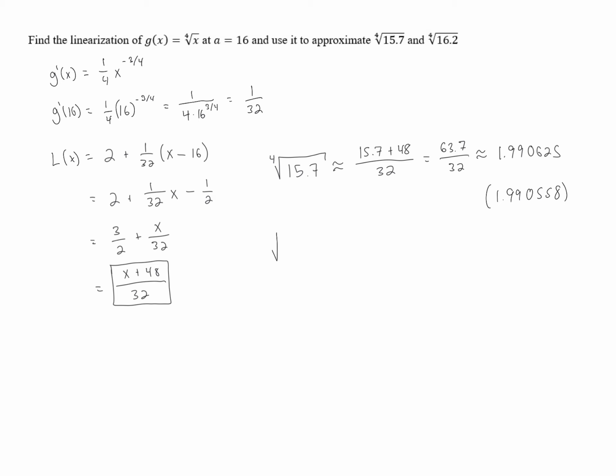Let's do the last one. We want the fourth root of 16.2. So that's approximately 16.2 plus 48 over 32, which is 64.2 over 32. And of course, we could do that without a calculator, but just to make life easier, we get about